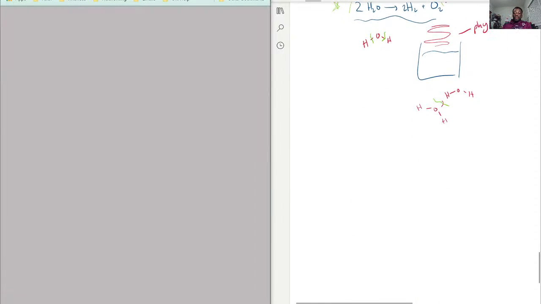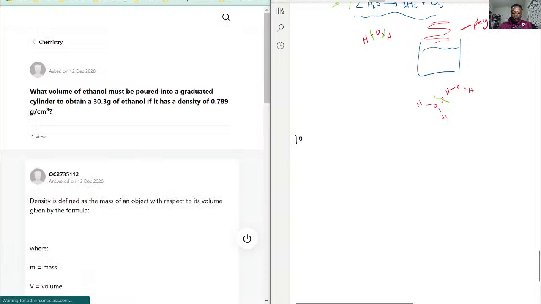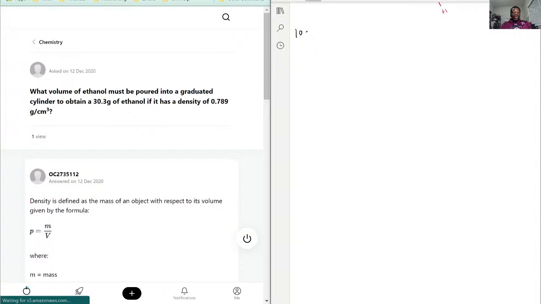So now question number 10. What volume of ethanol must be poured into a graduated cylinder to obtain 30.3 grams of ethanol? It has a density of 0.789 grams per centimeter cubed. So right now we're given density, okay? So we have 30.3 grams of ethanol and a density of 0.789 grams per centimeter cubed, and we're trying to use this to find the